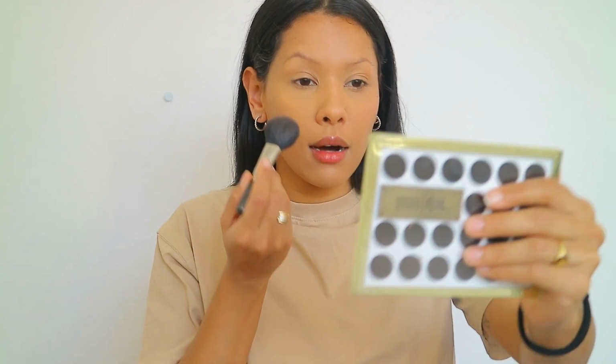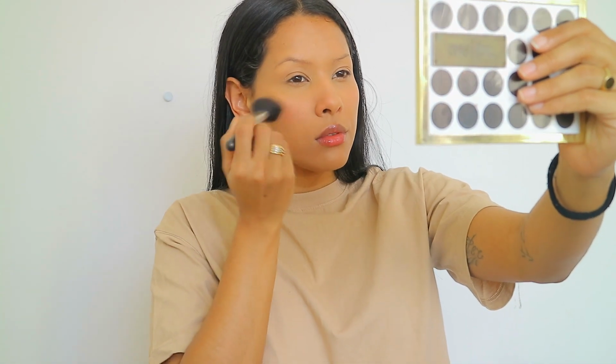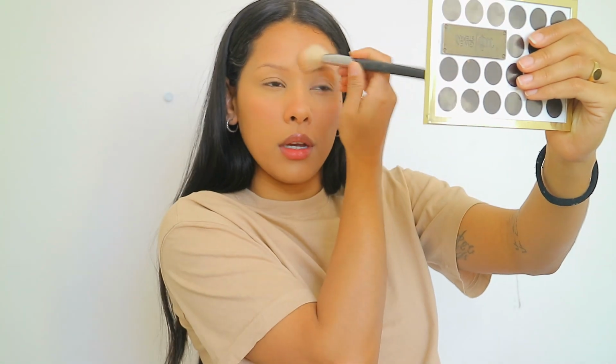For this side, I'm just gonna do a powder blush, and I'm just gonna put it where I like my blush right now, and I really like it in the center here. I think it's a much younger look, like here and a little bit on my nose. Yeah. And my forehead. Actually, they also put on their forehead on TikTok, so I'm gonna do that. But they keep the product more on the cheekbones and not so much in the middle. So yeah. And they actually put on their nose as well, so I'm gonna put